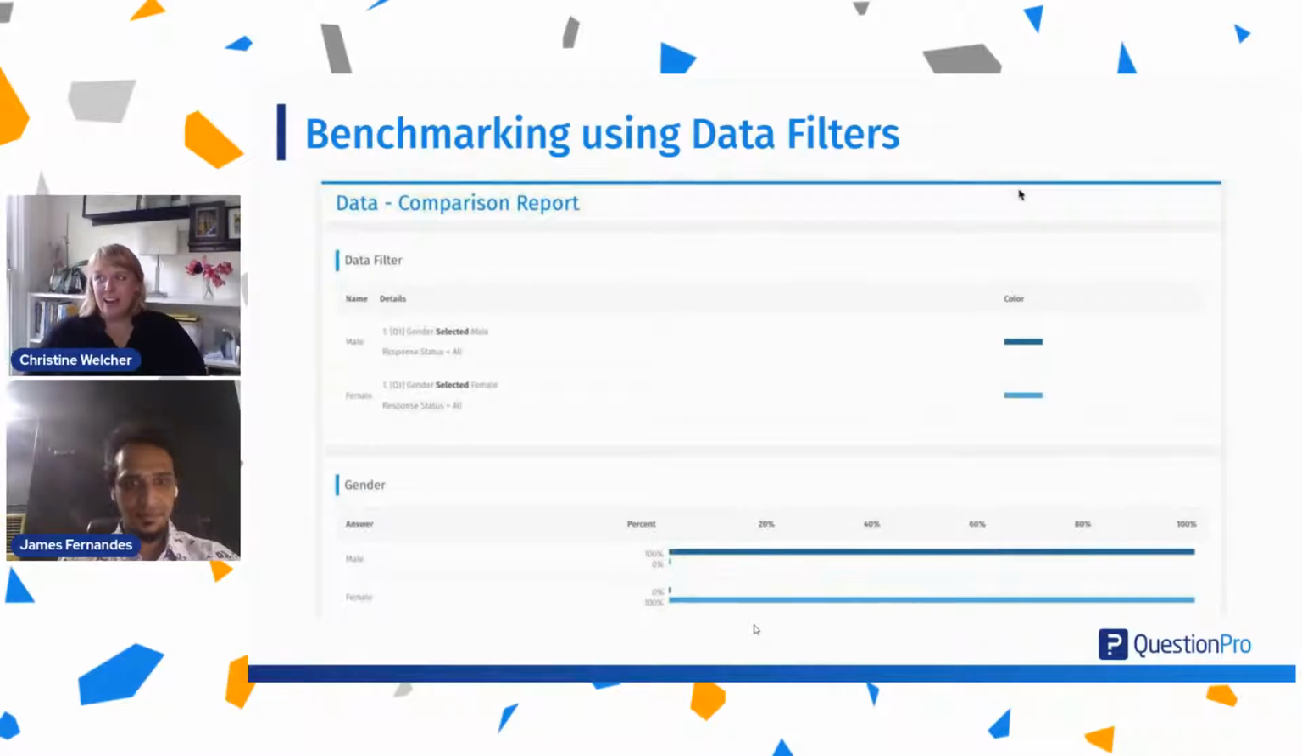One other thing that we have, like James said, you can do a lot with data filters. So you can filter your data by different variables. You can filter it by locations. And so that's just a good way to be able to compare two different things. For example, here they have a gender filter on here, so you can see how the different genders responded. But we also have something called comparison reports, which it's not in the